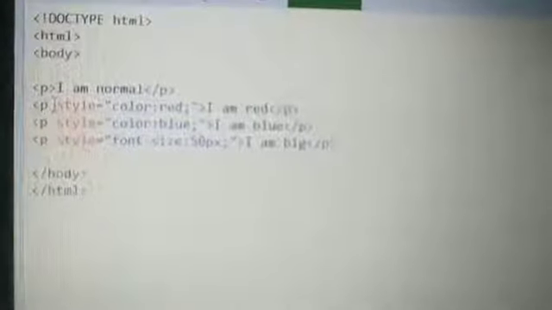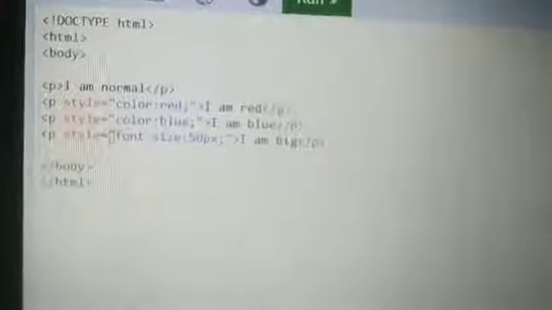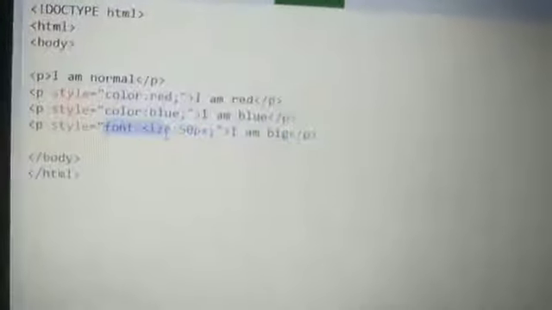If you want a heading to be written in a bigger format and in a different color, you have to write it under the H1 tag. So what are the attributes? Style, then equals to, then under double quotation you have to mention the color, colon, the color name, and then a semicolon. If you want to change the letter size, then you have to use style equals to, under double quotation, font size colon the px value, 50 px or 100 px.